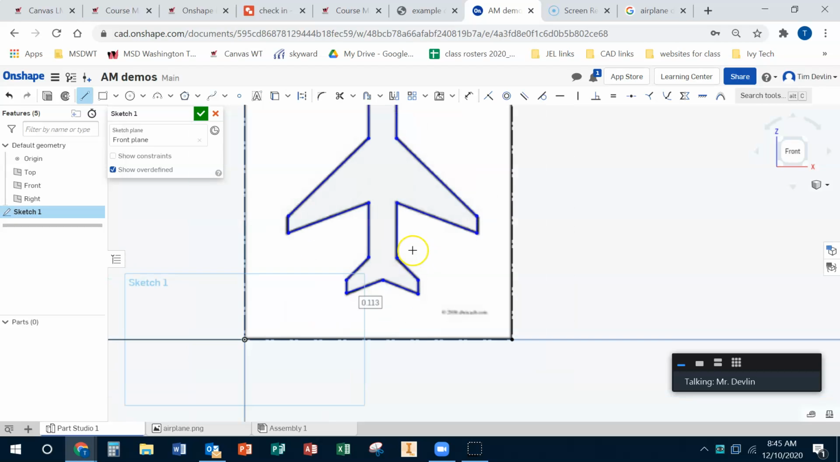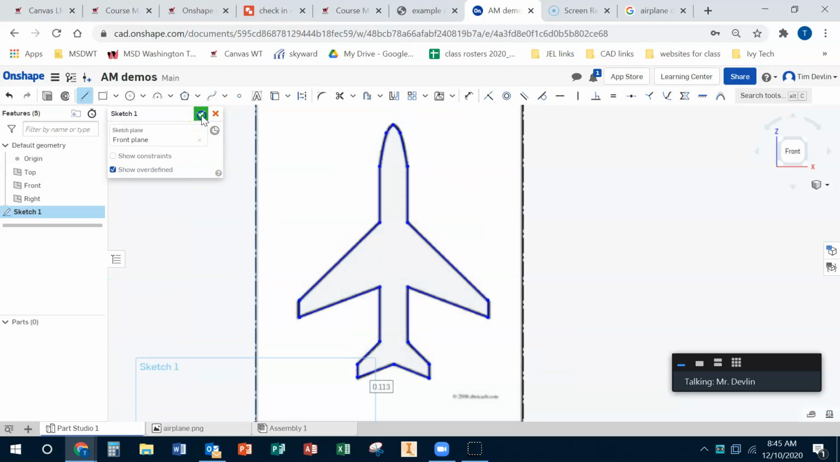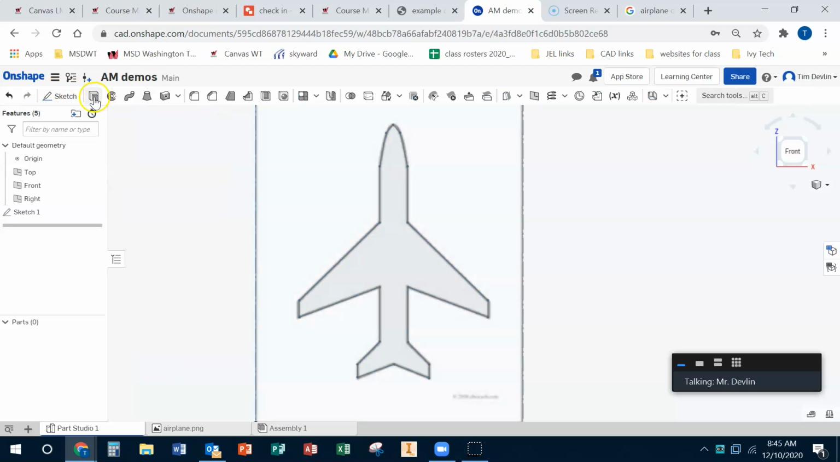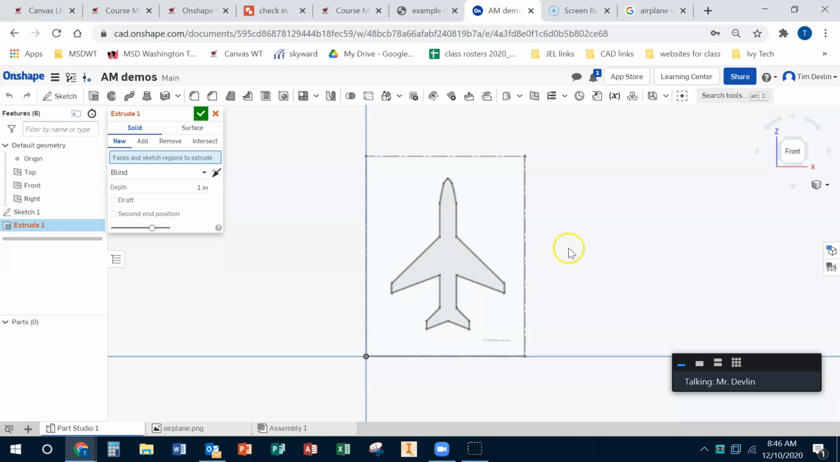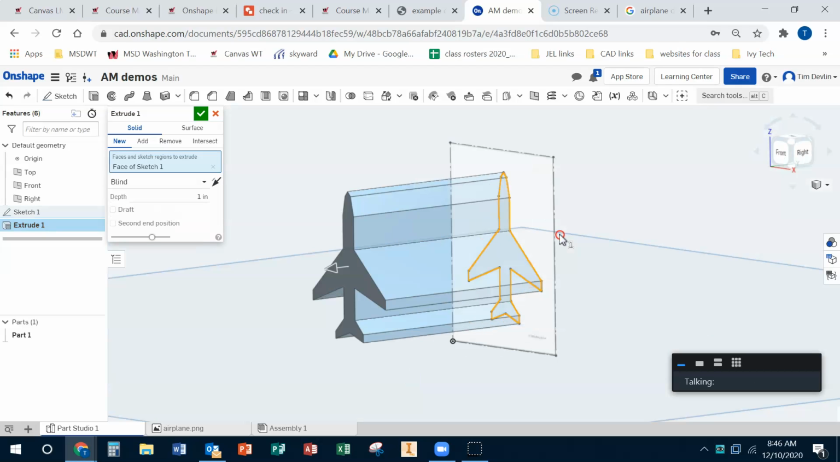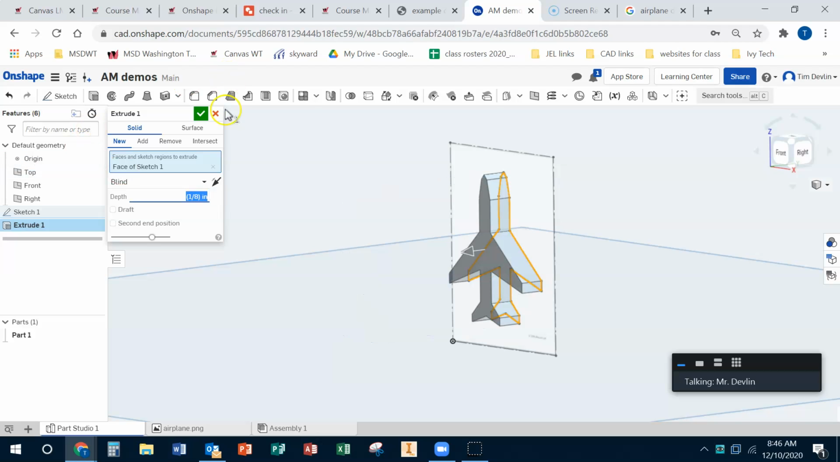Alright, so now I've got a complete shape of my airplane. I end my sketch, I extrude, and I can now extrude that airplane. I want to be careful of how far out it goes. If you wanted to, you can put fractions in here. So if I want it to be 1/8 of an inch, you can press 1/8 and it will